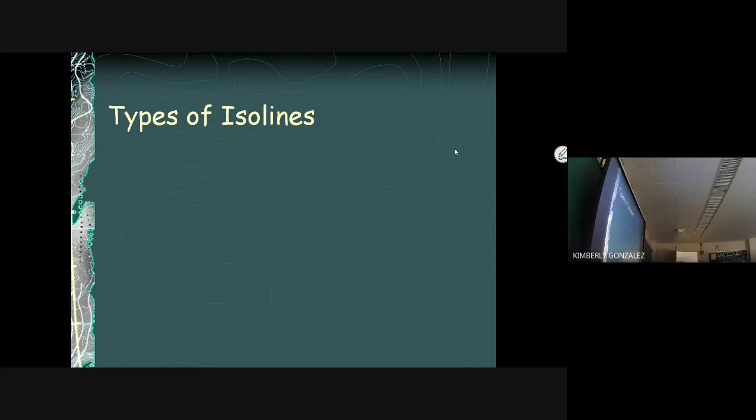Okay? We're going to focus on contour lines for the first part of this. It's isotherms and isobars later, but you do need to know the differences. You have contour lines, right? It has to do with elevation. Then we have isotherm, ISO,